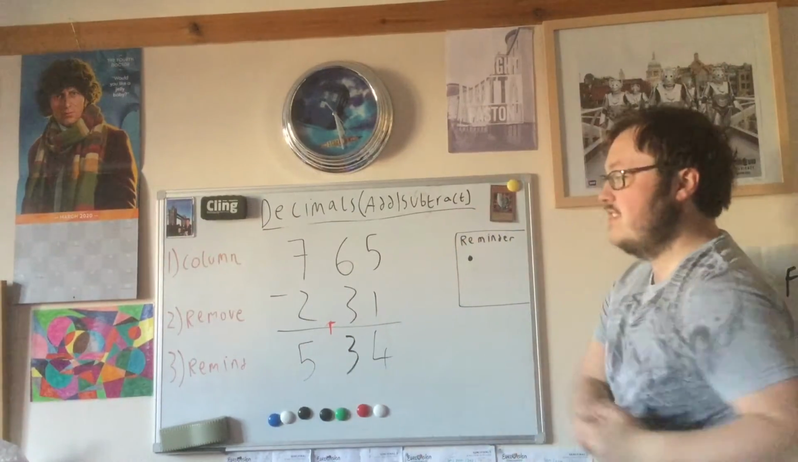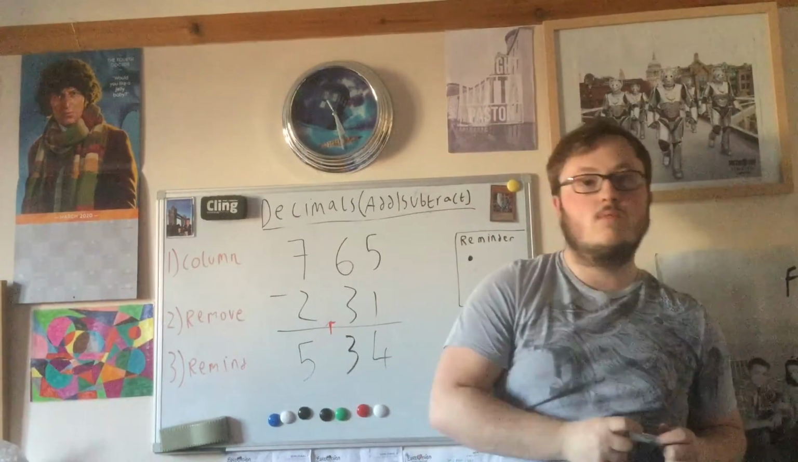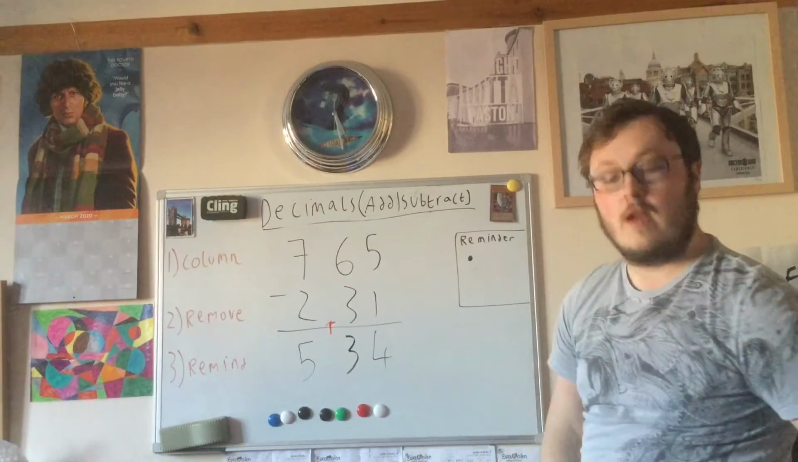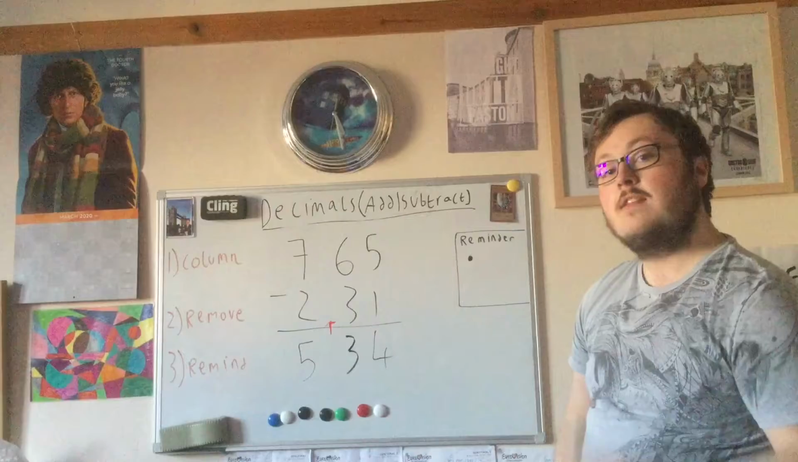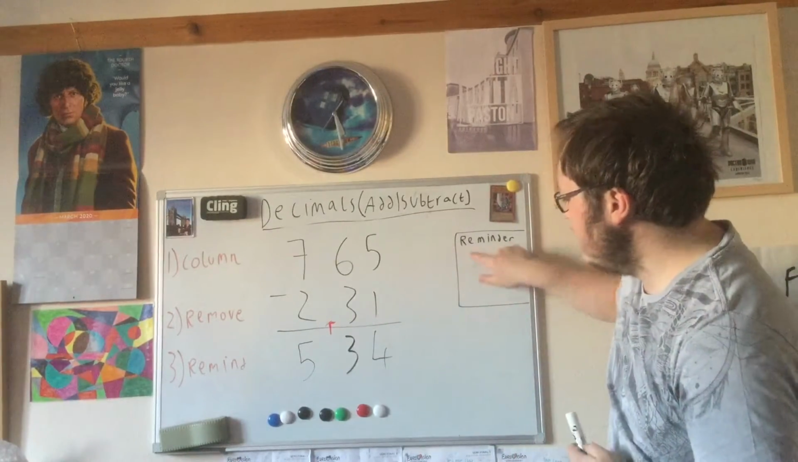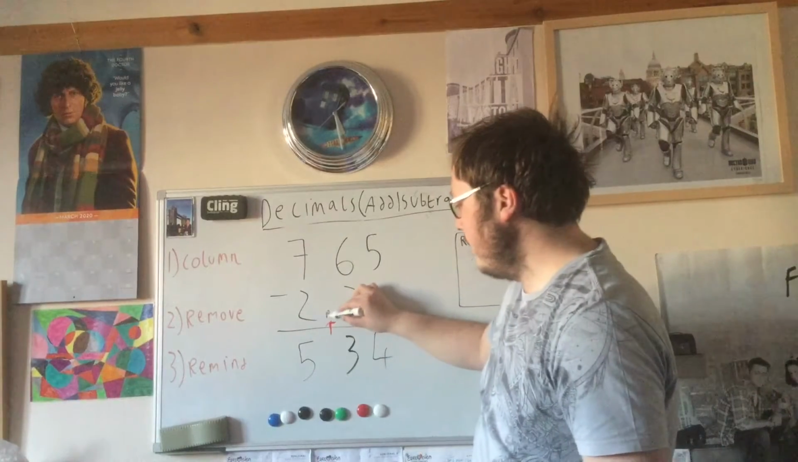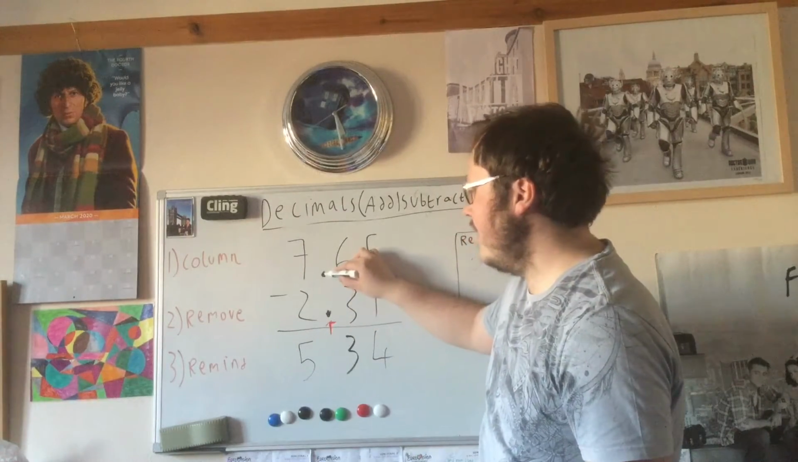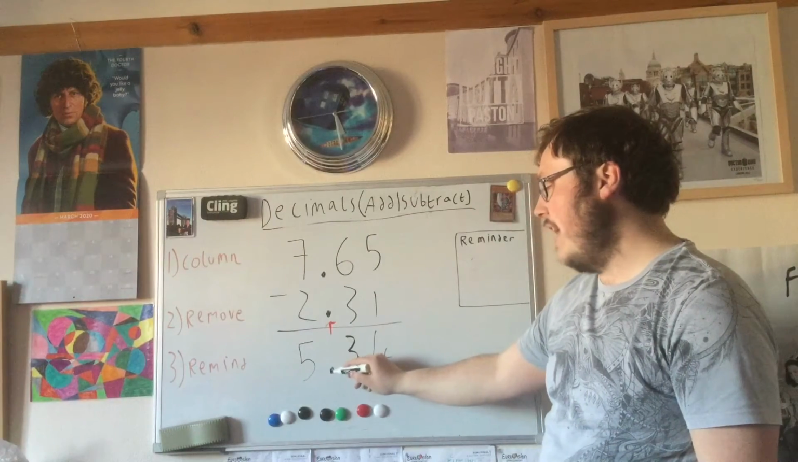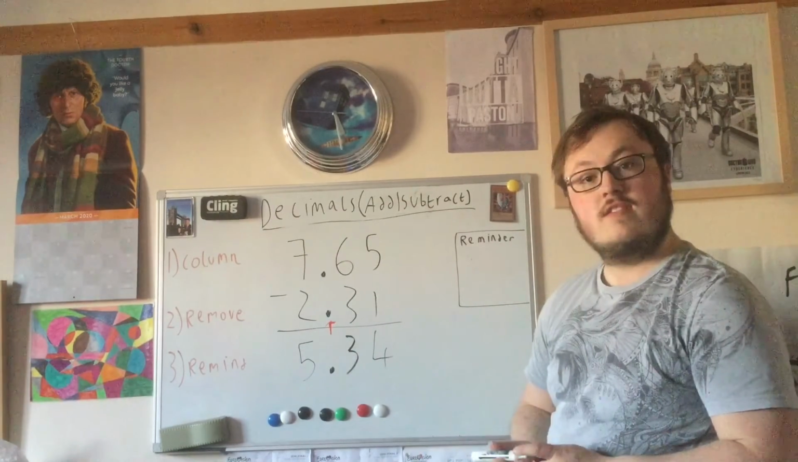So, 765 minus 231 gets us 534. But that's not the question we were doing. We now need to put that decimal back. This is the reminder. So now we move that decimal back to here and here, thanks to the arrow. And to make it in line, we then put the decimal here. So the actual answer is